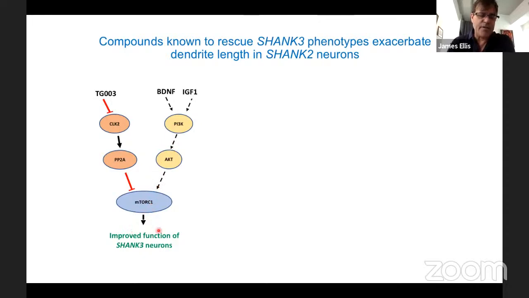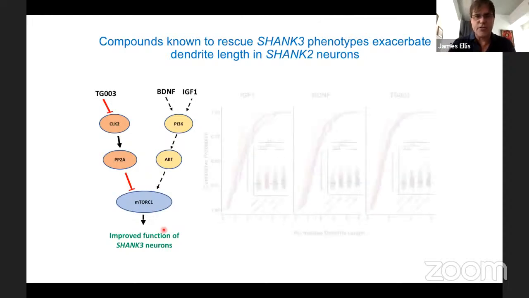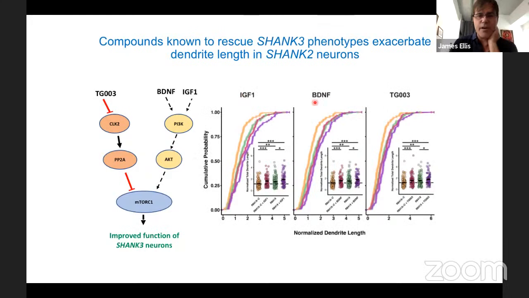And although this is making cells larger and more active, we were asked to test these same compounds in the SHANK2s. And what we found when we treat with IGF-1, BDNF, or TG003, what you see is IGF-1 does in fact make wild-type cells larger. These are the point mutants that are already larger, and they become even larger with IGF-1. And it's the same thing with the other 2 as well. So the compounds known to rescue SHANK3 phenotypes actually make the dendrite length longer in the SHANK2 neurons, and are not appropriate for